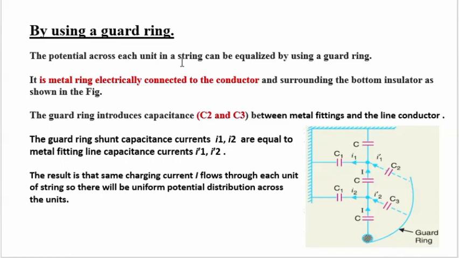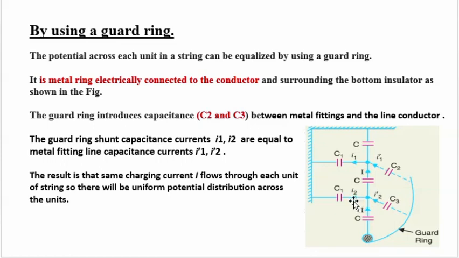The potential across each unit in the string can be equalized by using Dahlgren. This Dahlgren is basically a metal ring which is electrically connected with the conductor and is surrounded by the bottom insulator as shown in this figure. This Dahlgren will introduce two capacitances C2 and C3 between the metal fitting and line conductors, and the shunt capacitance currents I1 and I2 are equalized by the metal fitting line capacitance currents I1 dash and I2 dash. Here you can see in the diagram,